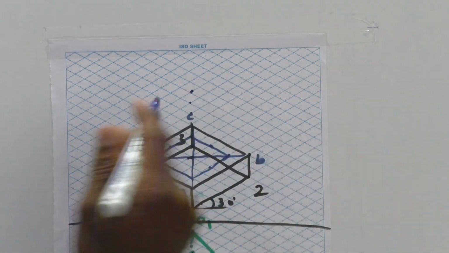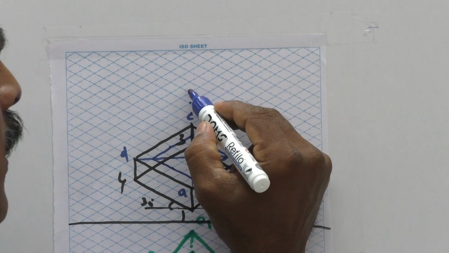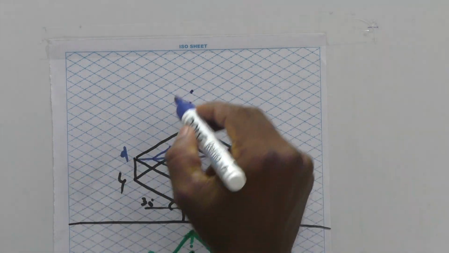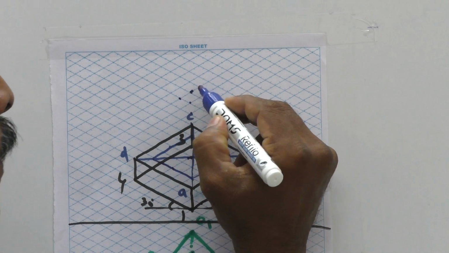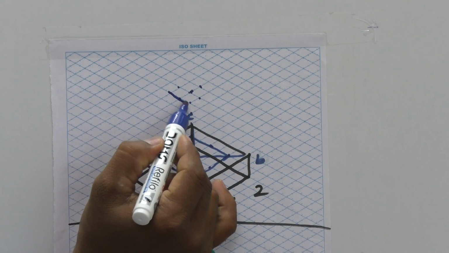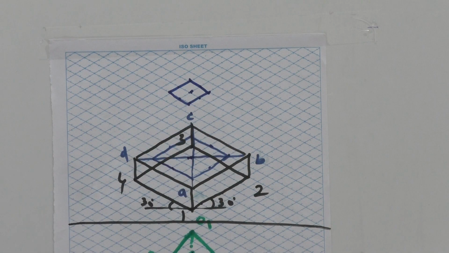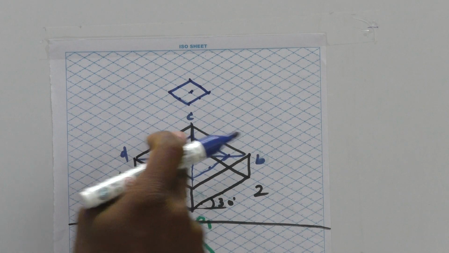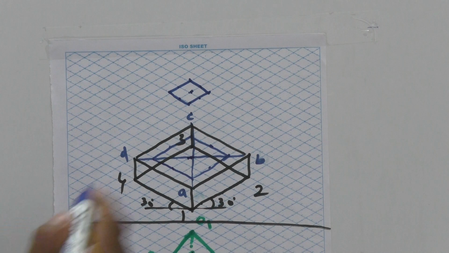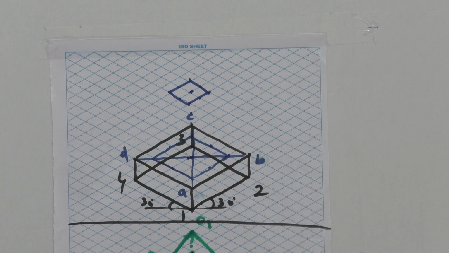Take this as a midpoint. Construct the top face of the square frustum with a dimension of 20. That means from the midpoint it is 1 box on each side, so 0, 1 box, in all four directions. In total it becomes 2 boxes. Clear? You will get this one, one more, and this one, and join all these things. So that means you will get a bottom base of 40 and a top face of 20. You got it? 0, 1, 2, similarly 0, 1, 2. Now join these end corners.